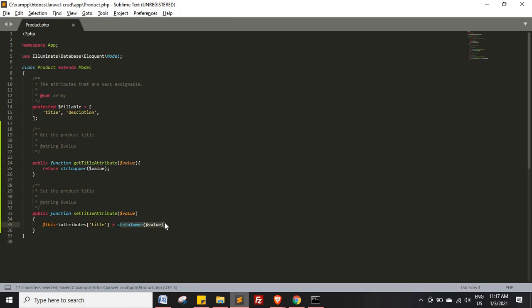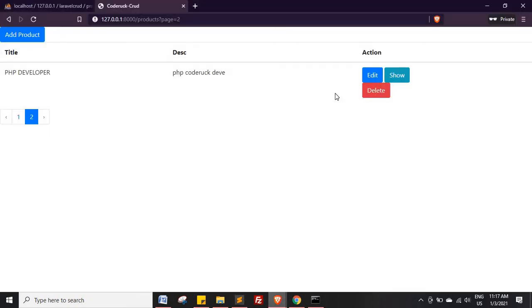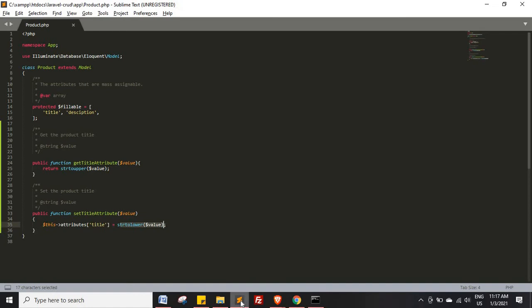Okay, so let's save it and just create one product. So how we have defined it, str to lower. But on the top we have defined it as UC first. So just make it UC first, then we can understand very clearly.